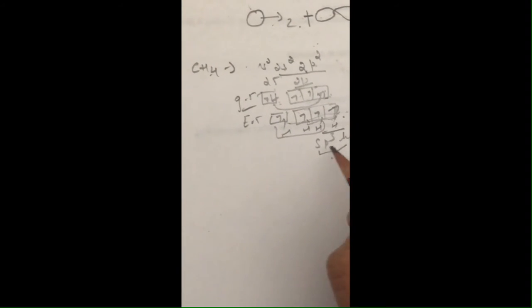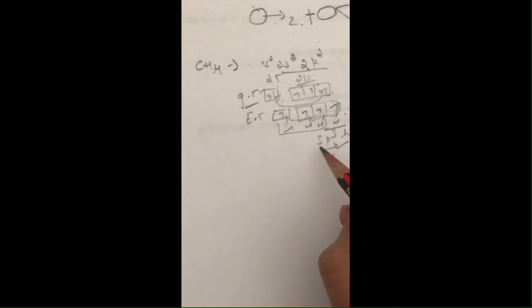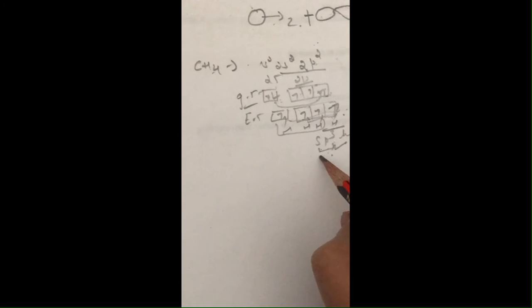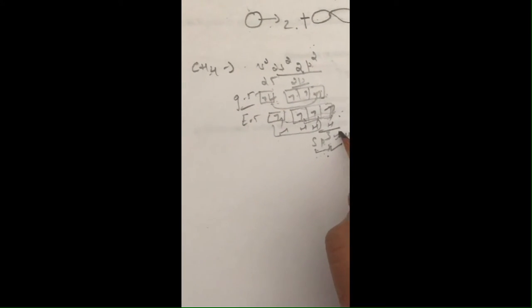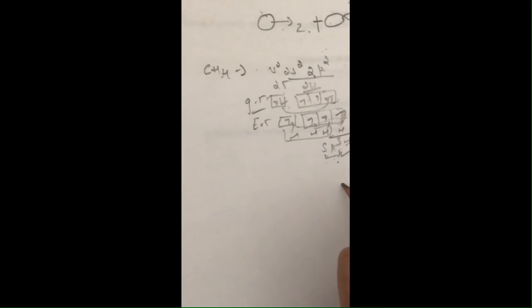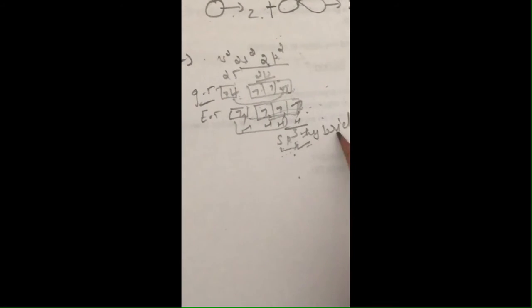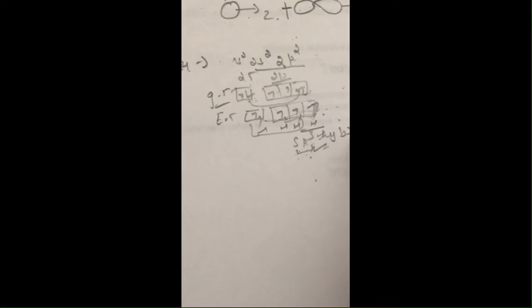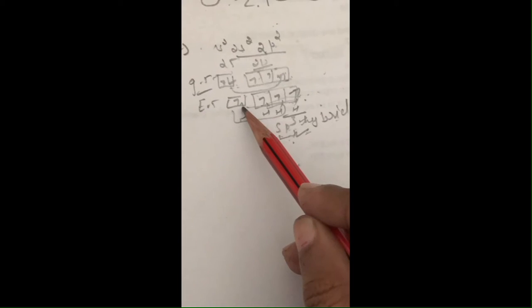And note here, in this sp3 hybridization, the s character is almost 25% and 75% dominating character will be the p character. Clear? So these are the sp3 hybrid orbitals, and the total number of sp3 hybrid orbitals is 4, 1, 2,